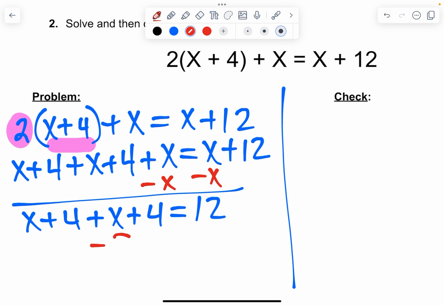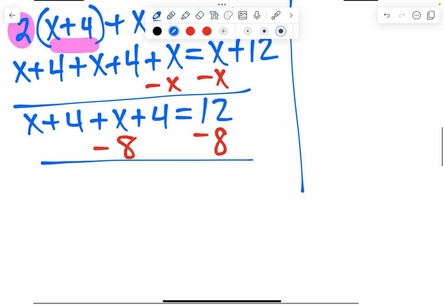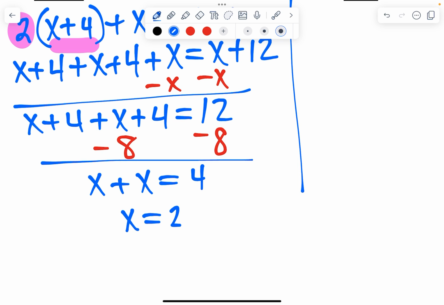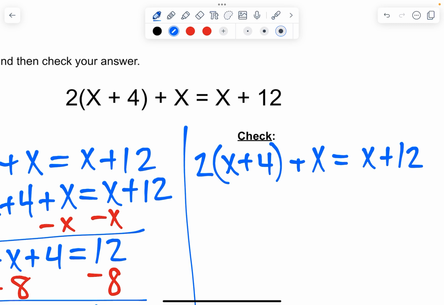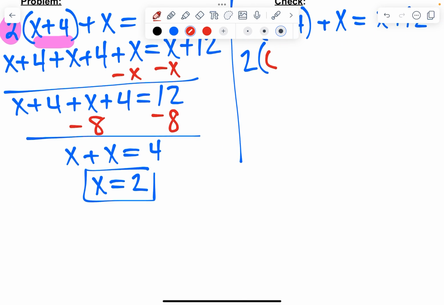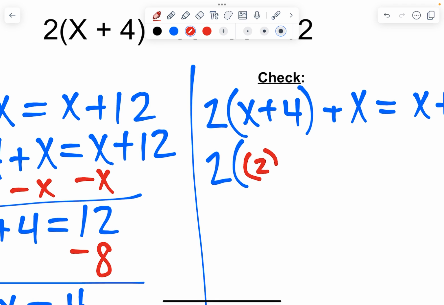I can take away 8 from each side. Draw my line. I get x plus x equals 4. So x equals 2. I'm going to go back up to the check. I'm going to write the original problem. I'm going to take out my x, and I'm going to go parentheses 2 plus 4 plus parentheses 2